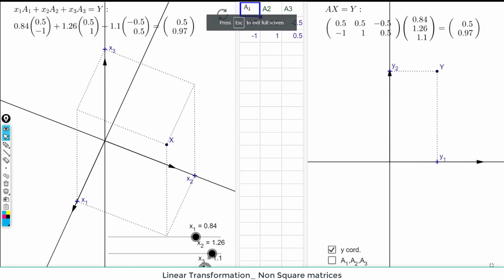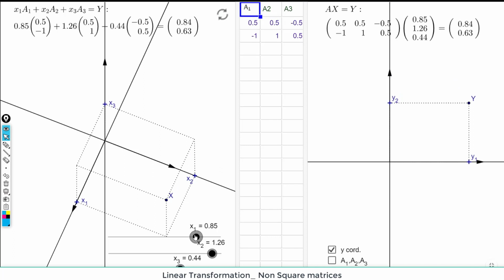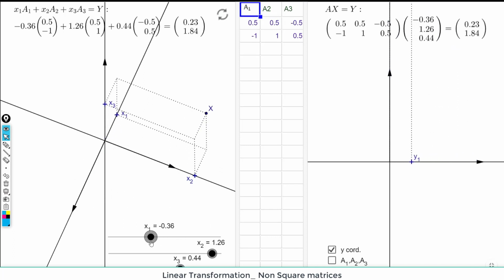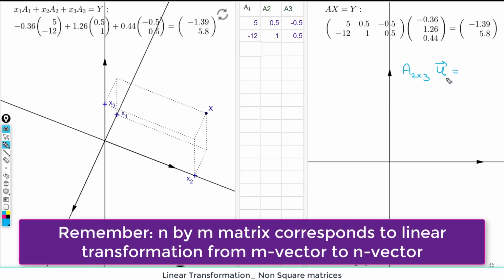Whatever combination of coordinates you take here, you can see that your three-dimensional vectors are landing to two-dimensional plane, right? And one more point is you can also change the entries in the matrix here and you can see its impact. So suppose I just make some random changes in the matrix here just by writing something else, and I'm getting something else. So you can play around with this applet, but the crux is when you are applying a 2 by 3 matrix, you are basically going from a 3D space, this is 3 dimension, to a 2D space,